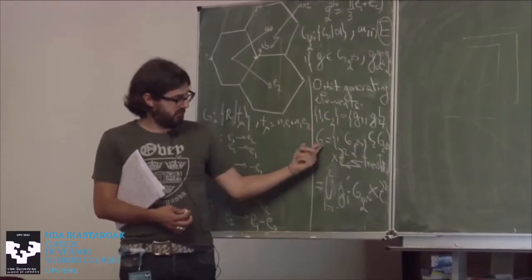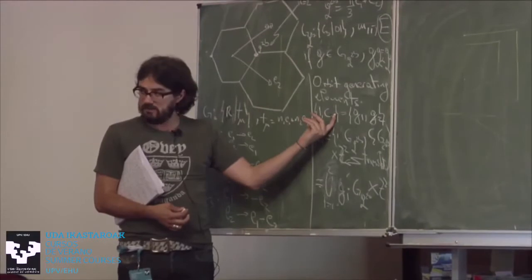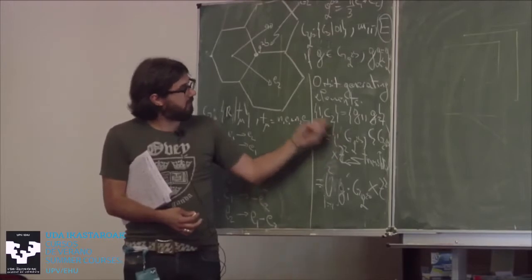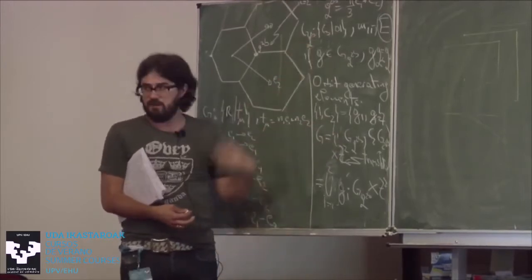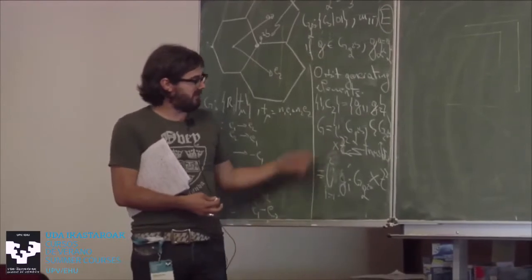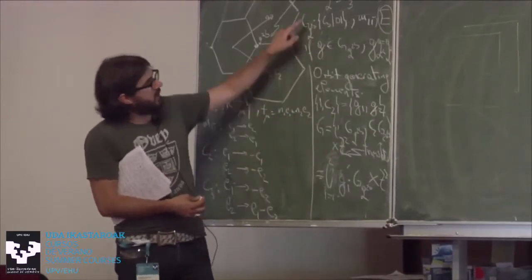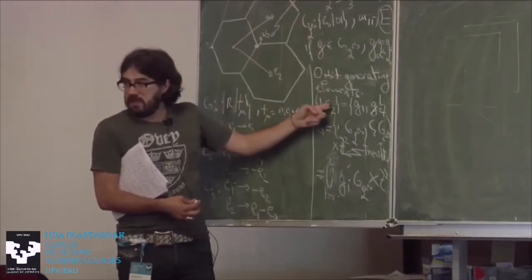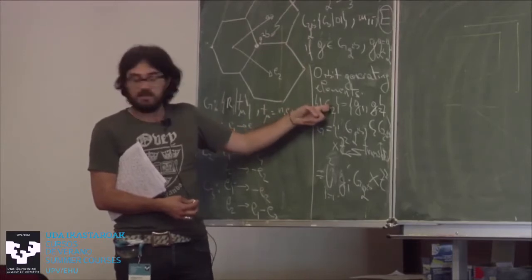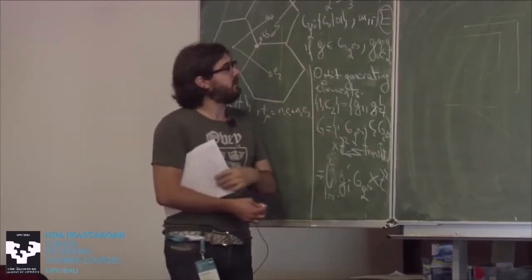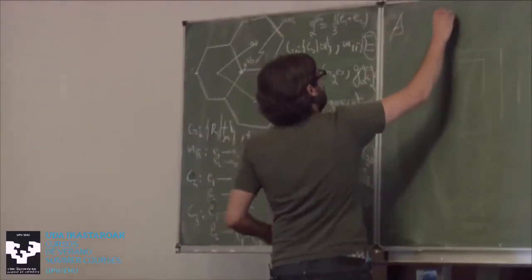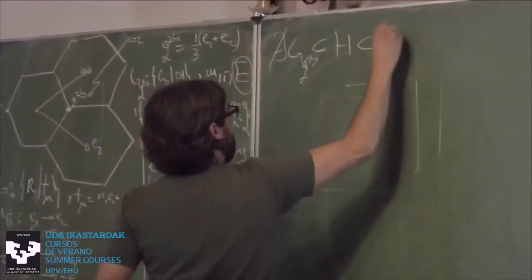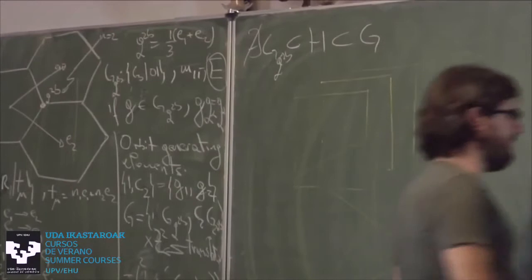So since it forms the whole group, since I only had two elements, there's no way there can be two elements which, when multiplying the subgroup, give you the full group. There's no way I can build a subgroup of this group that contains the site symmetry group, because if I built it, it would have to contain C2. But once I add C2, it's the whole group. So this proves that there is no other group H such that G_2b, which is C3v, is included in H, is included in G. Okay, so this is the maximal Wyckoff position.